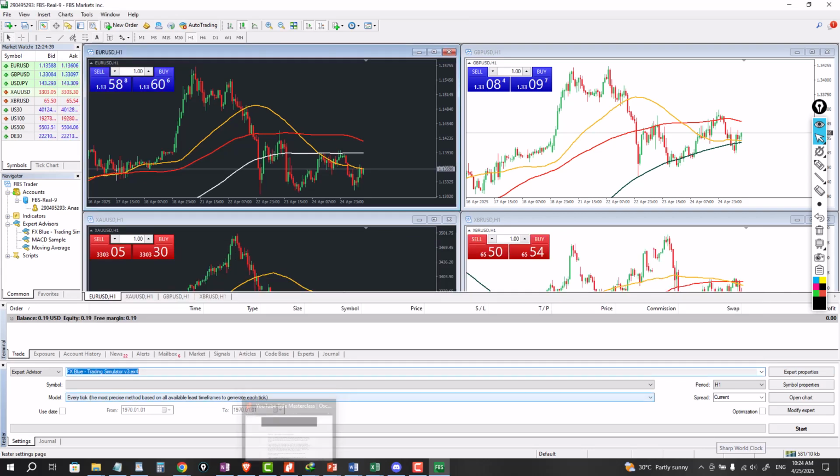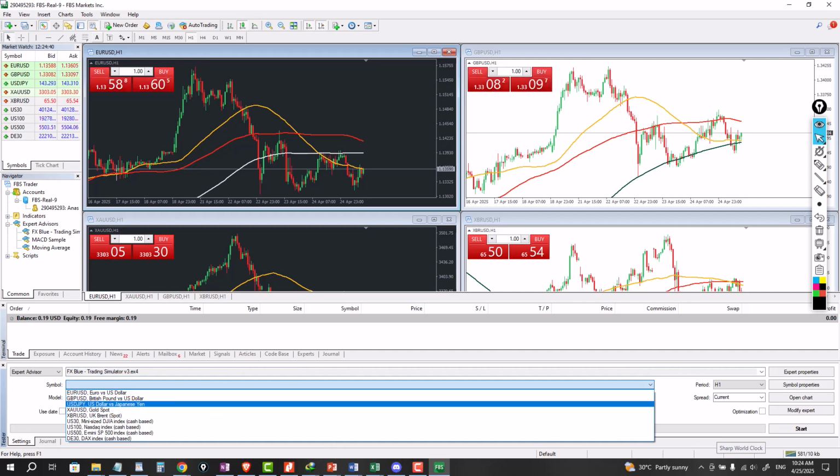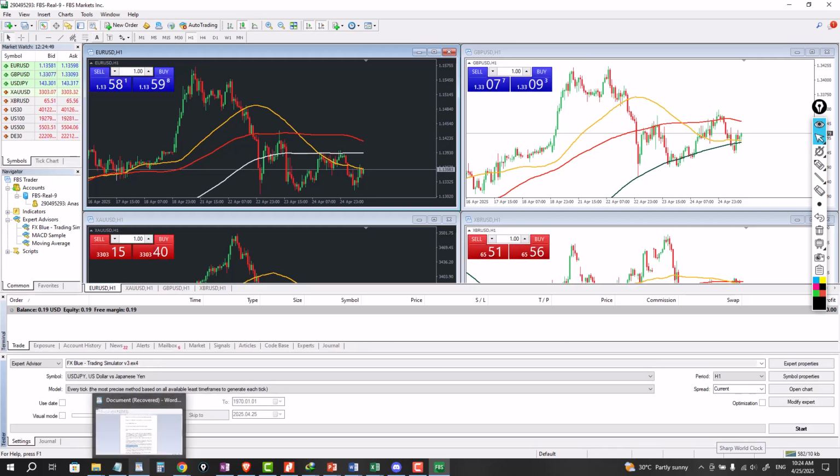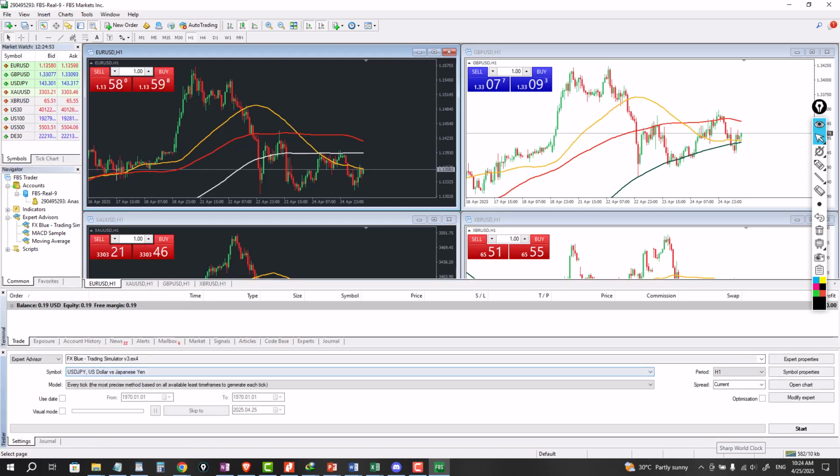FX Blue simulator, and I'm going to select the currency pair that I want to backtest. Let's say I'm going to backtest the USD JPY currency pair here. Then I also want it to show me on the charts how it's interacting. So I'm going to increase this window again a little bit, the strategy tester, so that I'll see visual mode here. I'll select this, and then I'll select this, and